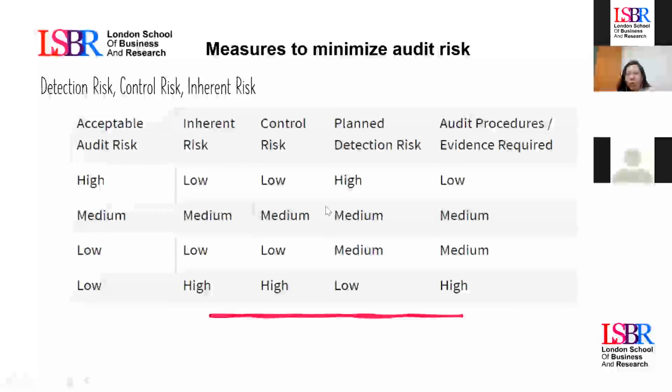Or we can measure, this table is very useful, or let's see, for example, the risk of the company that the external auditor is auditing is low, the inherent risk is low, and the control risk is high. It means the company doesn't have strong internal controls. The detection risk will be medium, and the audit procedures will be medium. So this is a guide to know the level of revision, the procedures and the evidence required by the auditor